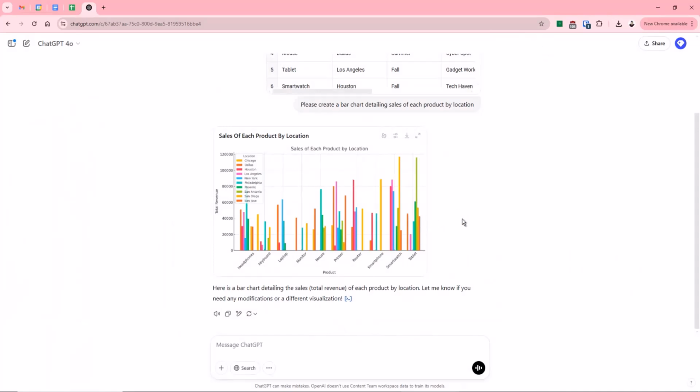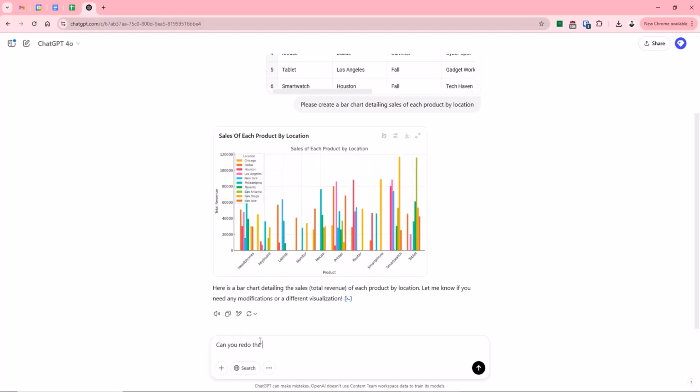Let's say we wanted to have all of that, all the different products by location, but all in one line. Now, you and I know that's called a stacked bar chart, but if you didn't know it was called a stacked bar chart, it might be harder to create that. So because GPT uses natural language, we can just ask it something in natural language. And so we can say, can you